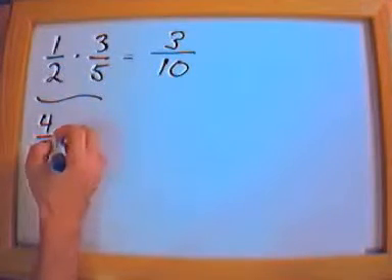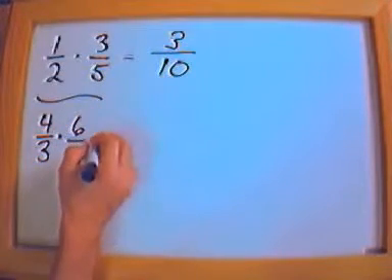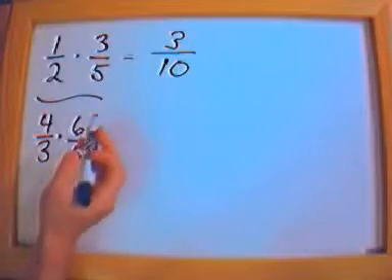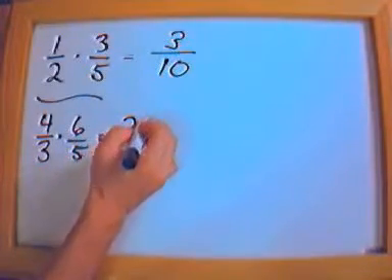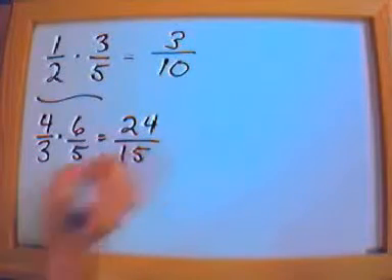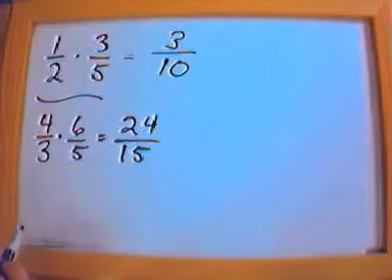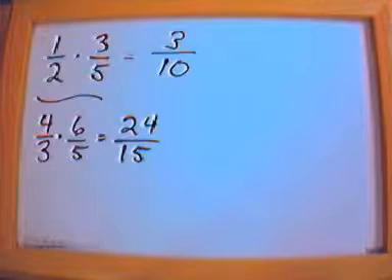4/3 times 6/5. Again, multiply the top. 6 times 4, 24. 3 times 5, 15. That is the answer to the problem. However, it's not simplified. You can make this fraction a little bit simpler. What goes into 24 and what goes into 15? And the answer is